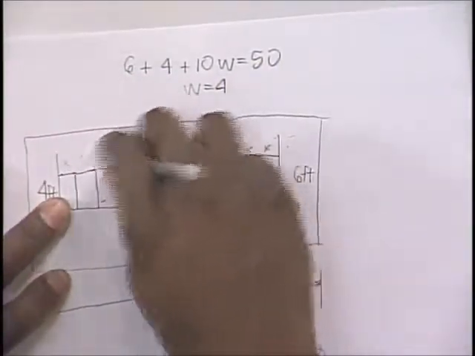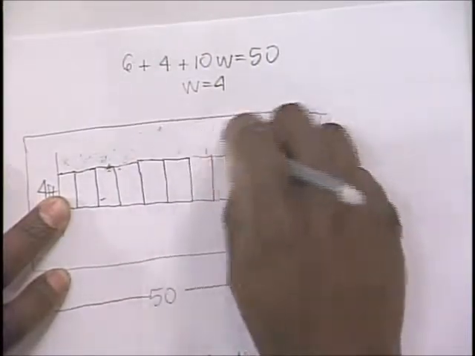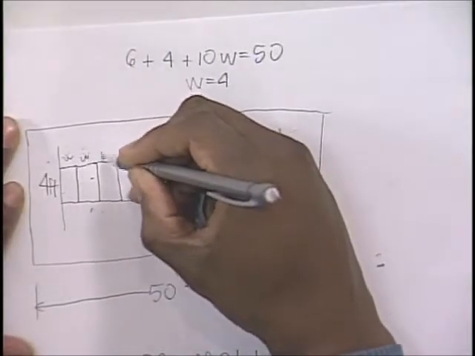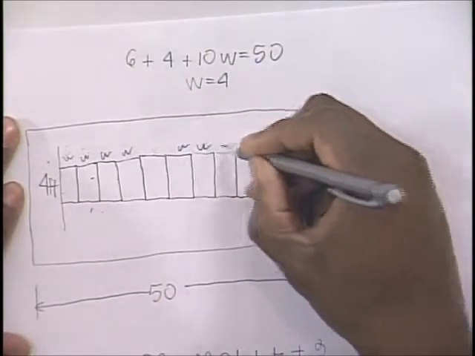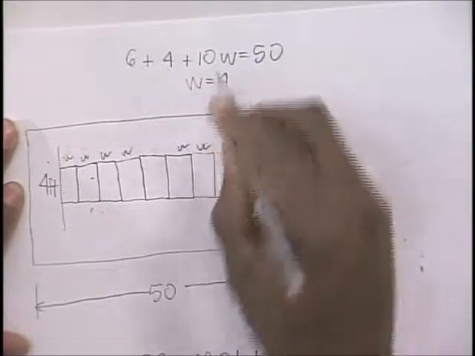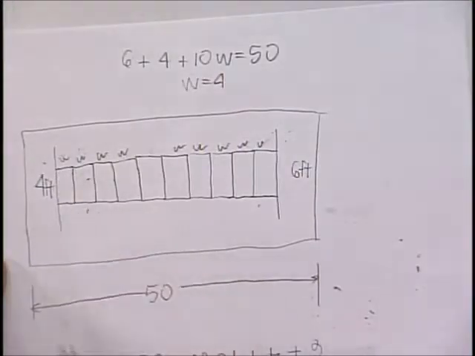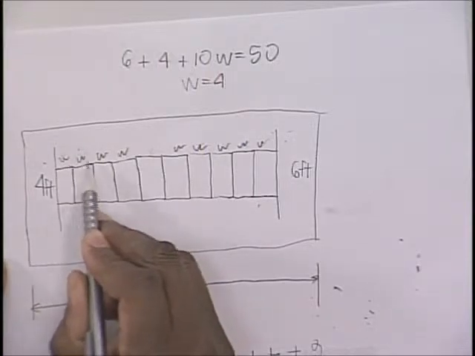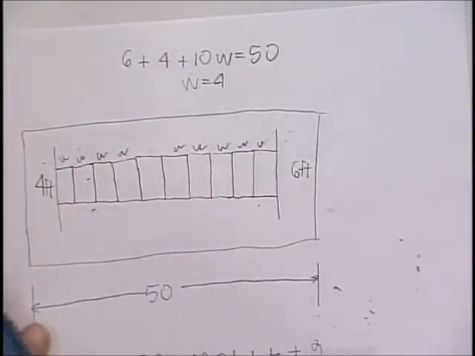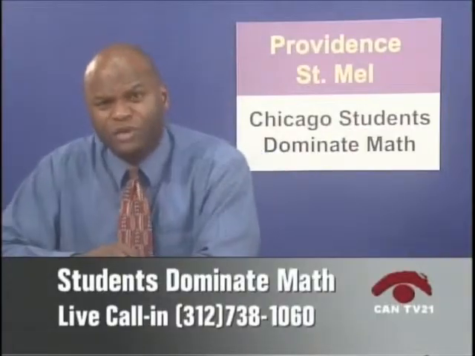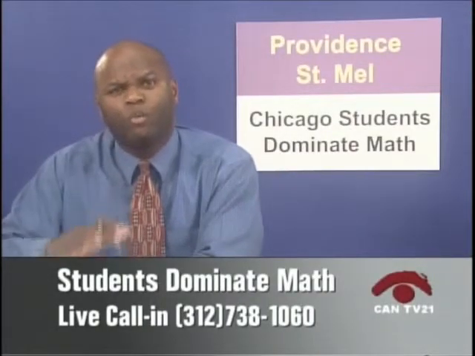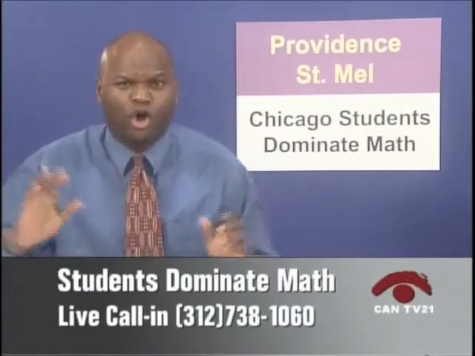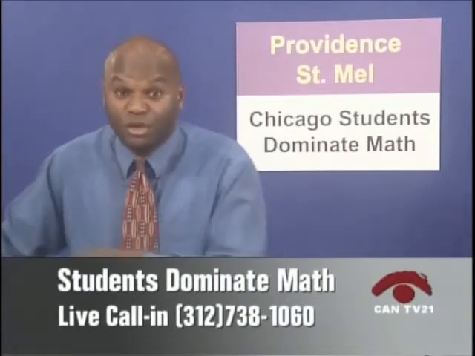I'm not trying to confuse anyone. Let's call those w's. That's W, that's W, that's W. All these are W's, but what does that W represent? That W represents the width of each of those windows. So this would have to be 4 feet, that would have to be 4 feet, and so forth. I hope we're not confusing anyone. We're doing the same thing that we've done in the past. We're solving equations. We're just trying to show you how these equations can be used to solve